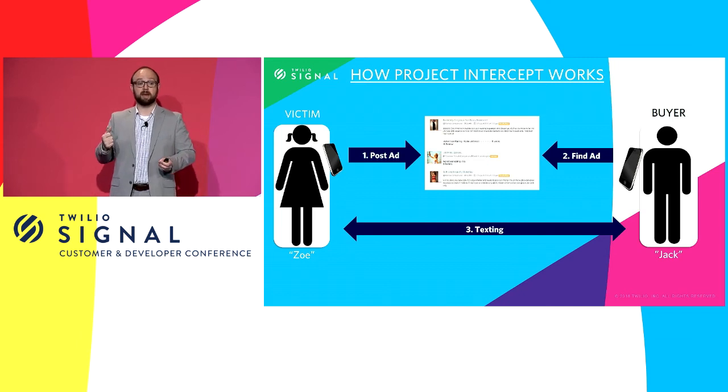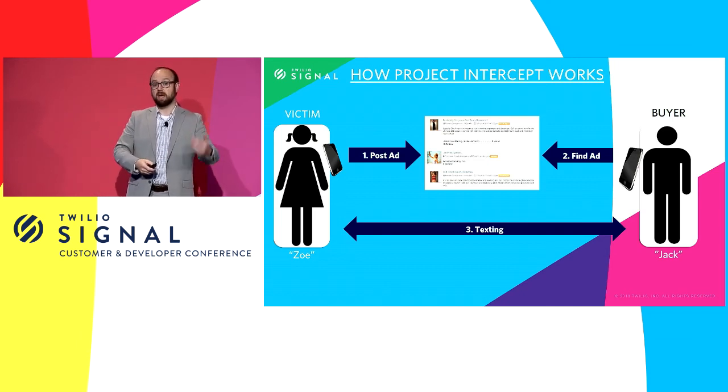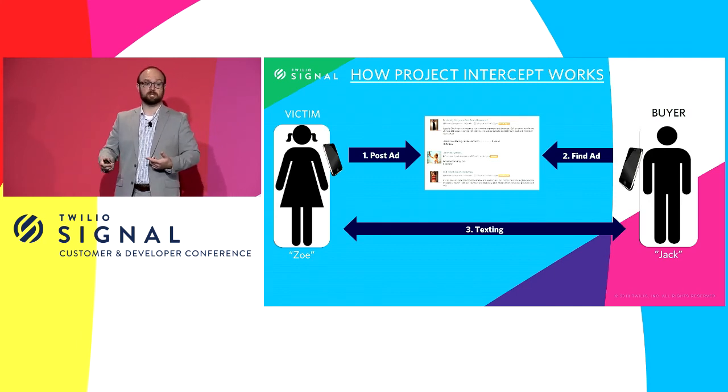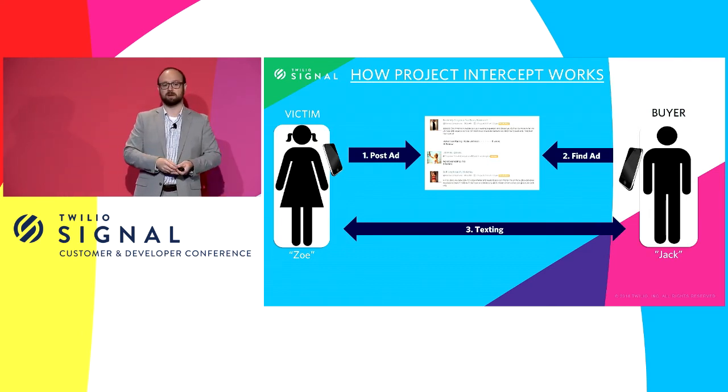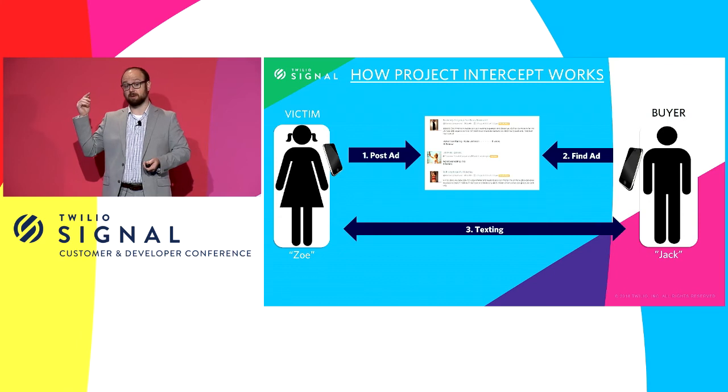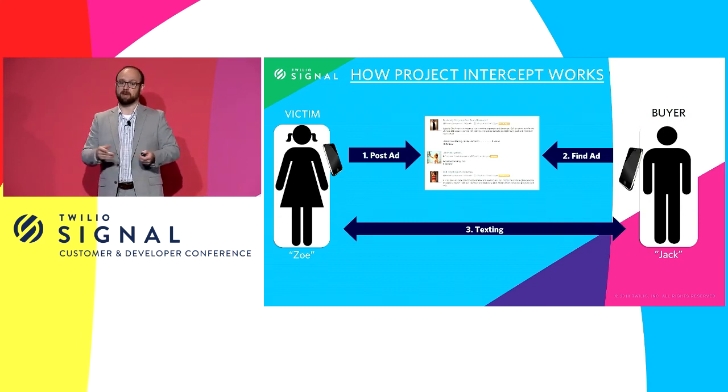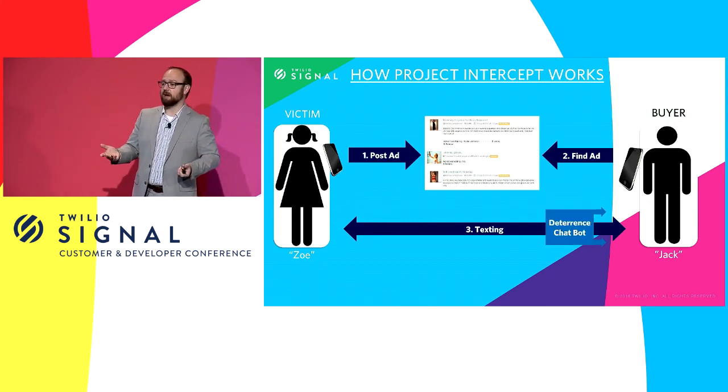So if we got a victim out and someone said to that trafficker, hey, you can make $3,000, $4,000 a day if you find someone to exploit, if you find someone to sell to these men, they were filling that void left by the victim that we had gotten out as fast as they could. And so what we needed to do was disrupt the buyer who was putting the money on the table. And for that, we built a deterrence chatbot.